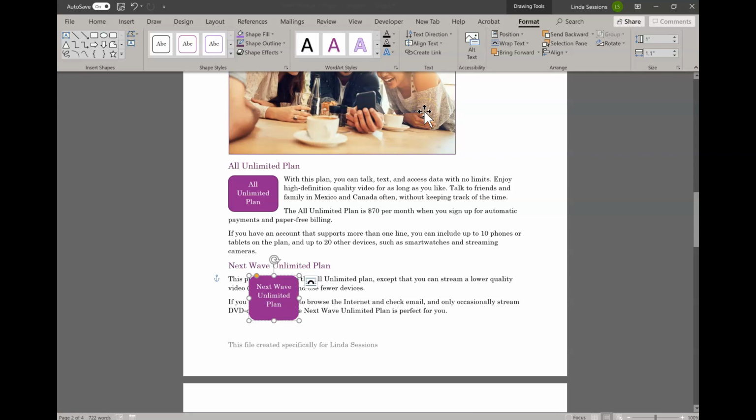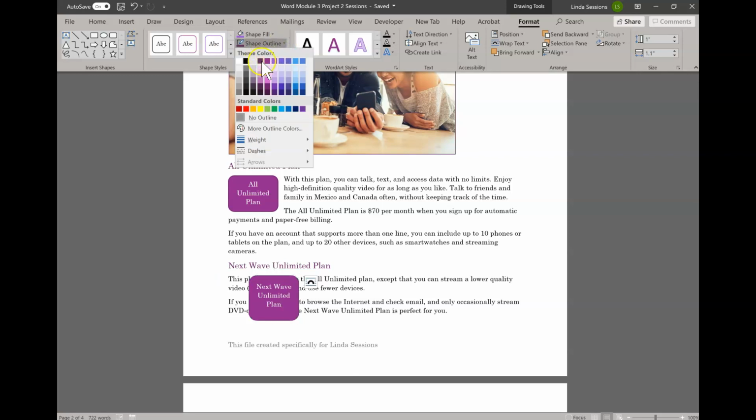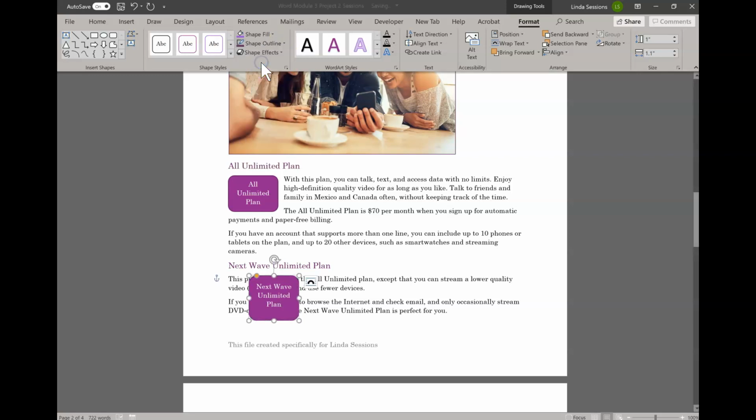We want to add a dark purple text to Shape Outline. So come up here to Shape Outline, the dark purple text 2. And then we're going to move this box over to the edge. So we're going to move it over here, line it up with our border in the top of our paragraph. So you should see a really light green line up along this one, up along the edge, and then up across the top as well as you're moving it around. And that's going to line it up with our